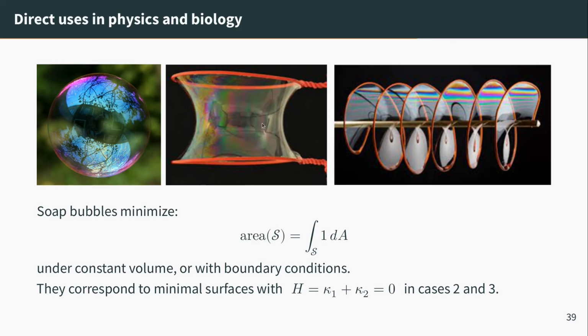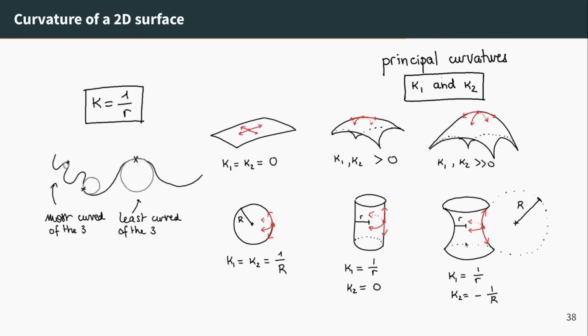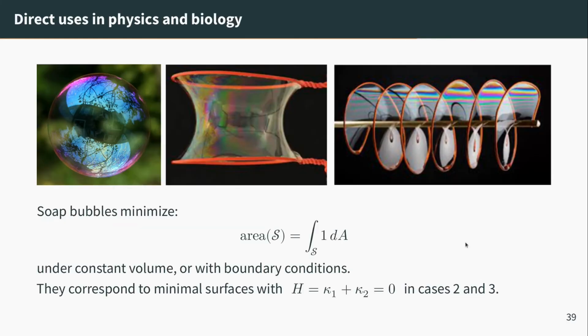So here, this picture is exactly what we had before. We have a direction of positive curvature and a direction of negative curvature, and at every location, they compensate each other. And this is because at a physical level, the force that is applied by all the neighboring points is exactly proportional to the mean curvature.